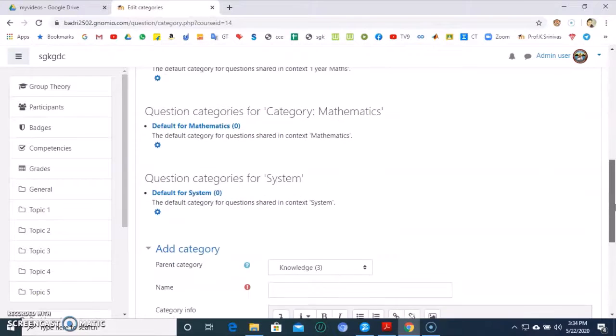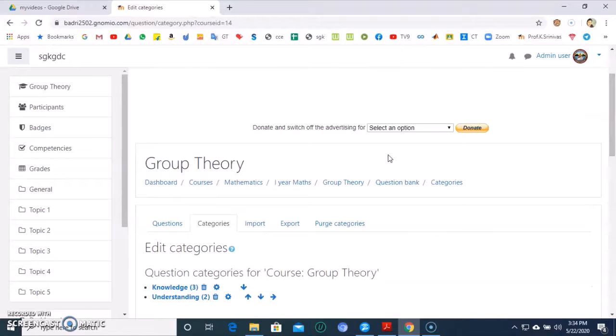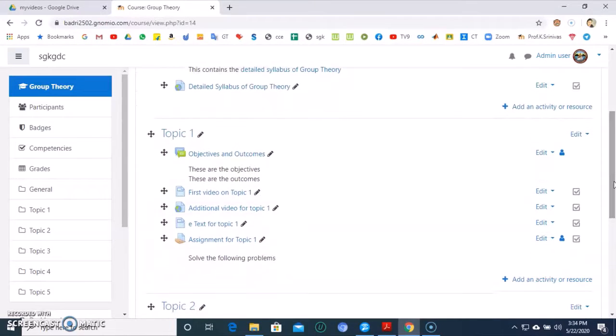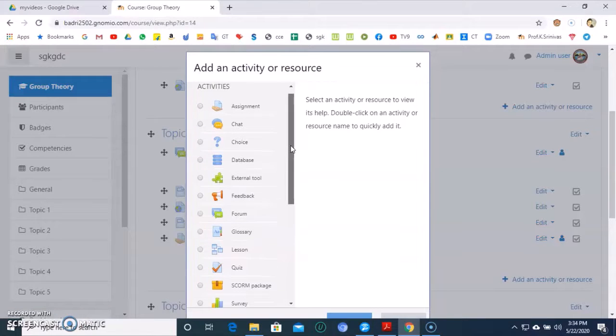So we are ready to add a quiz. Go to your course group theory and scroll down. In topic 1 we will add a quiz. It is an activity, so click on add an activity or resource. Find a quiz in the activities section.